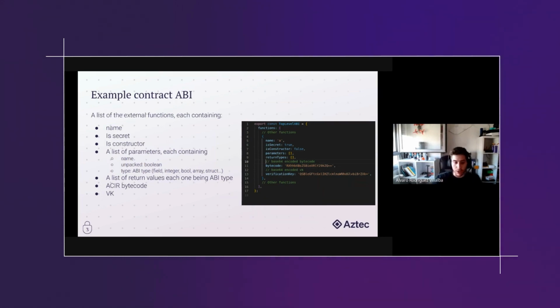Some data that we can have about the functions in the API would be the name, and whether it's a secret function or not. Right now we are only dealing with private, secret functions, so this is going to be a private one. Also whether it's a constructor or not, and the list of parameters, but for simplicity, we are not going to have parameters or return types. But also in the API, we need to have the bytecode, the ACIR bytecode,